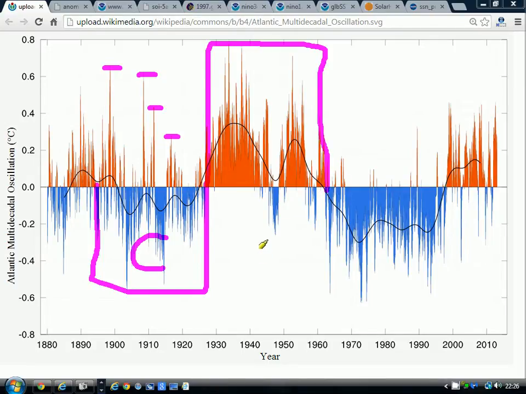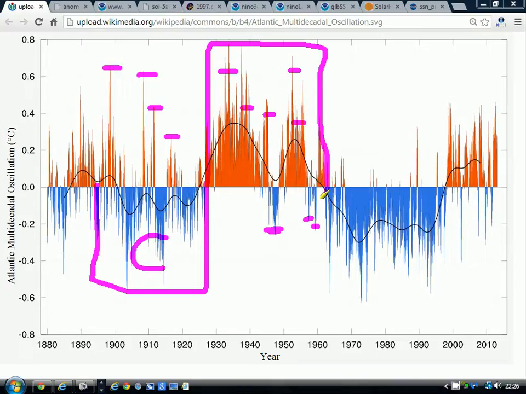Again, we do get some colder years, particularly this cluster just here in the late 1940s into the very start of the 1950s. It goes a bit colder, but overall you see that the warm temperature anomalies in the Atlantic are far outnumbering the cold years. Just a few cold years appear again at the end of the 1950s and into around the start of the 1960s. That's just the prelude really to going into the cold phase, because as we go through 1963